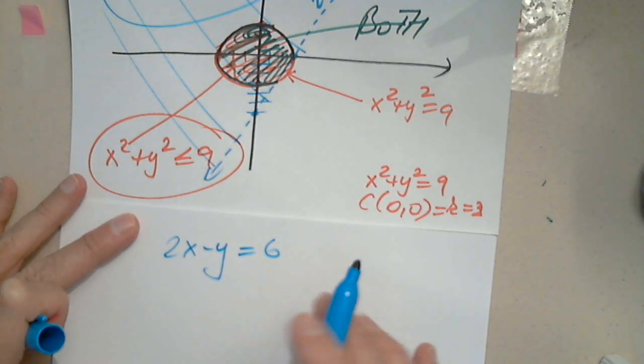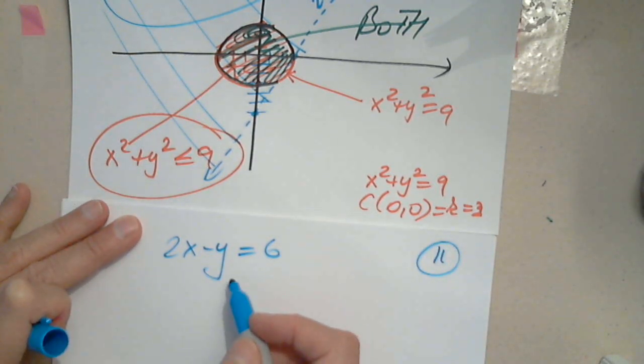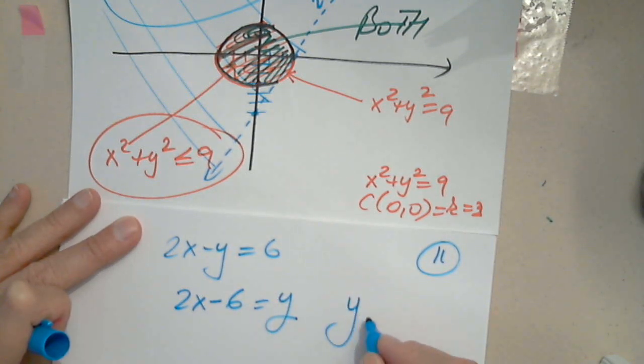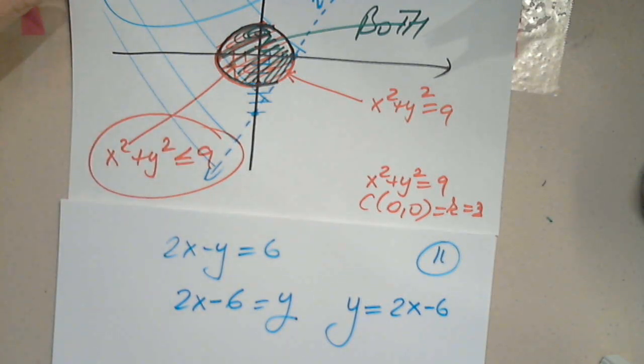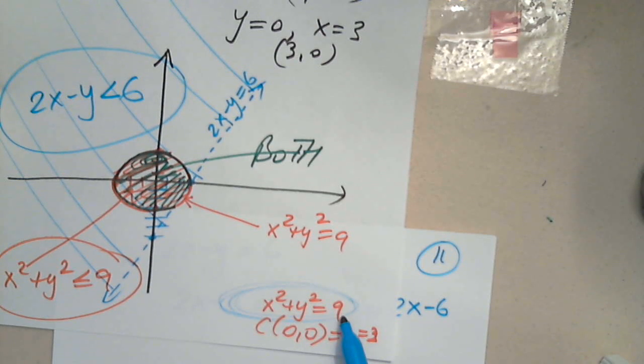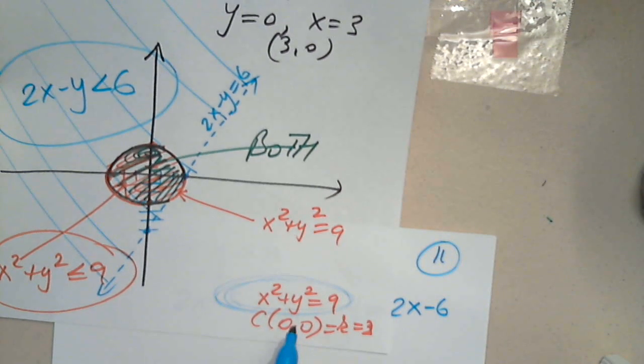I cannot put this in the graphing calculator. I have no choice. So I'll move y and move 6. 2x minus 6 equals y. So first equation will be y equals 2x minus 6. There is a way of putting this in, and I'll show you how, but for now, let's solve for y